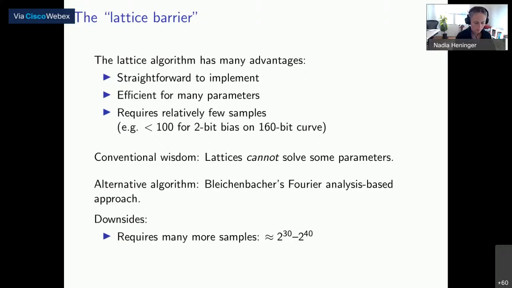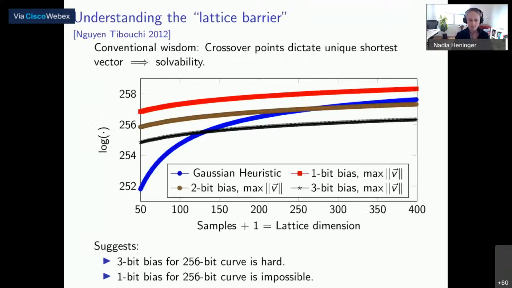And it's more complex to implement also. But if you wanted to solve a 1-bit bias for a 160-bit curve, this is the algorithm that you need to use. And I want to show the computations that lead people to believe that lattices don't apply, which is, this is a little bit of a complex